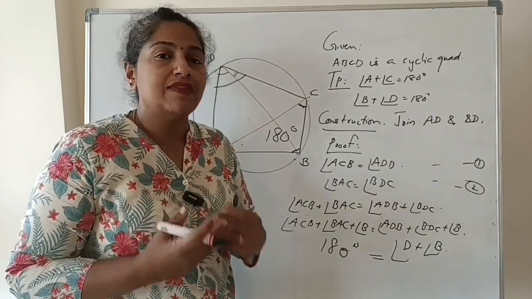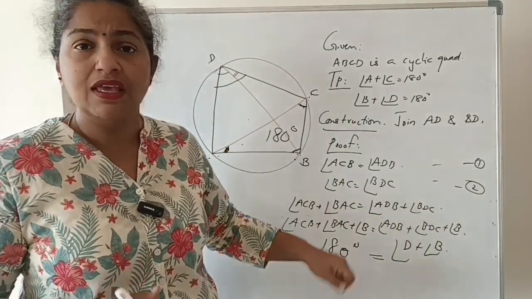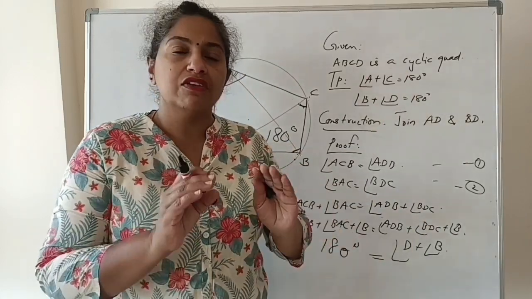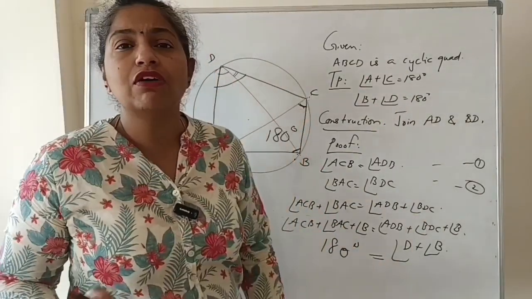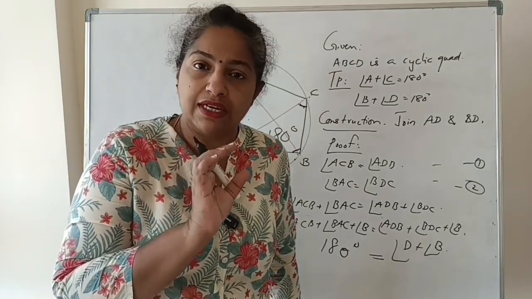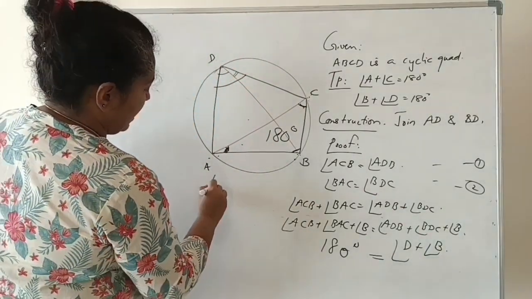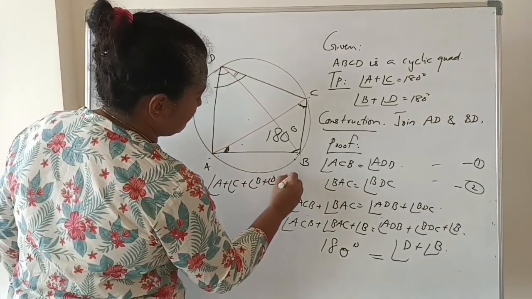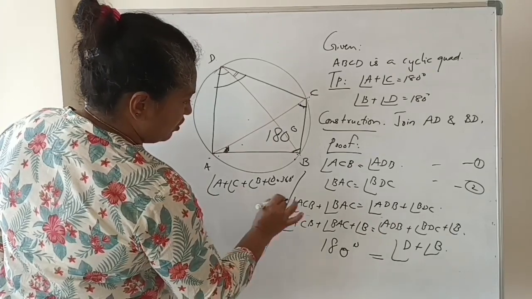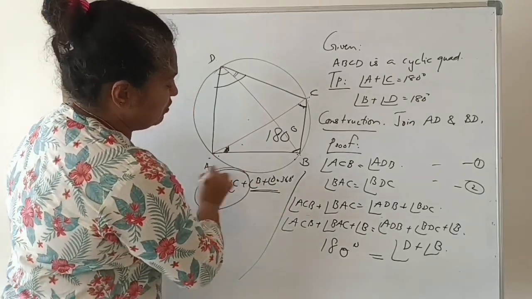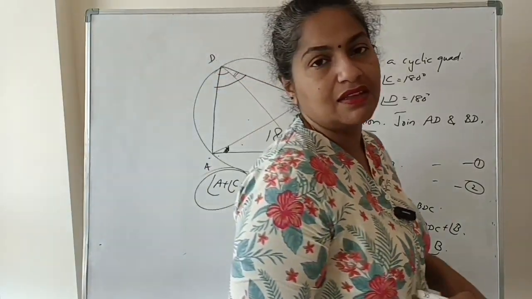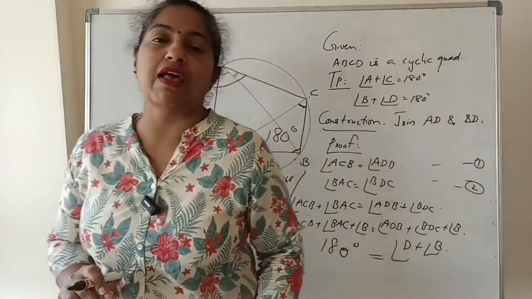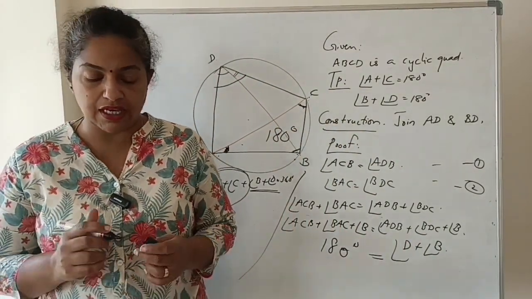Okay. Now I have got another pair of angles, which is angle A plus angle C. So how will you prove that is also equal to 180? You don't have to go through the same procedure. You just have to say that the angles of a quadrilateral totally measure up to 360 degrees, which means that angle A plus angle C plus angle B plus angle D is 360. We already proved this part is 180. So the remaining also has to be 180 degrees. So now we have proved that the opposite angles of a cyclic quadrilateral measure up to 180 degrees or they